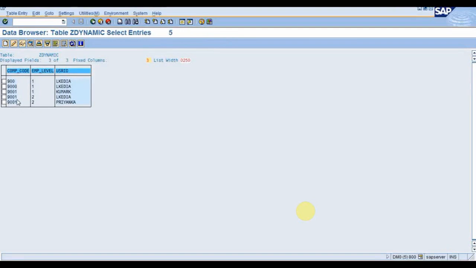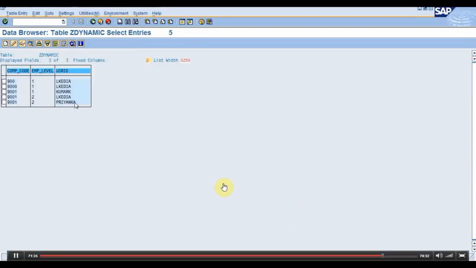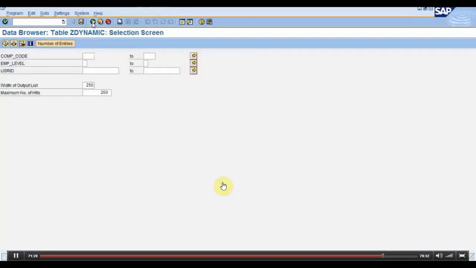So I'm just giving 9001 and 2. So we will get two user IDs. Okay. So this LKD and Priyanka would receive different work items, not the same work items. Okay. So let me see.